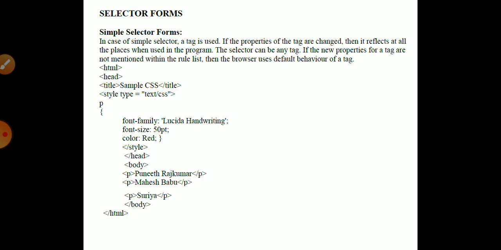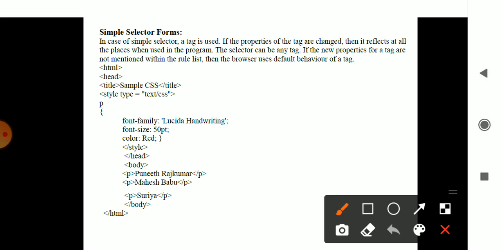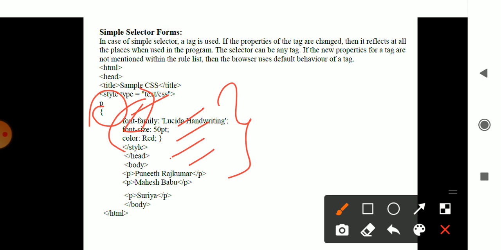When you select a selector, it should be mentioned with the particular type here. You mention the type for that particular text, a paragraph consisting of this font size and color. The head is closed, and in the body the text considered in the paragraph has these names: Puneet Rajkumar, Mahesh Babu, and Surya.